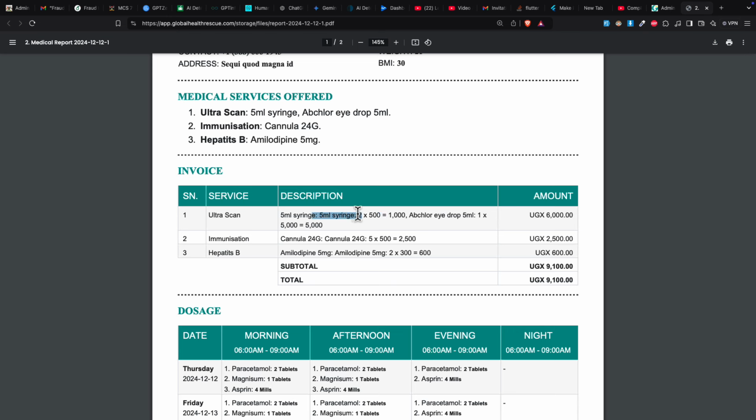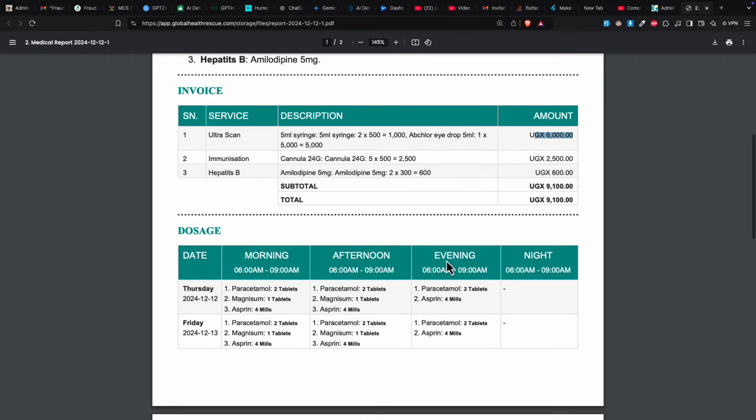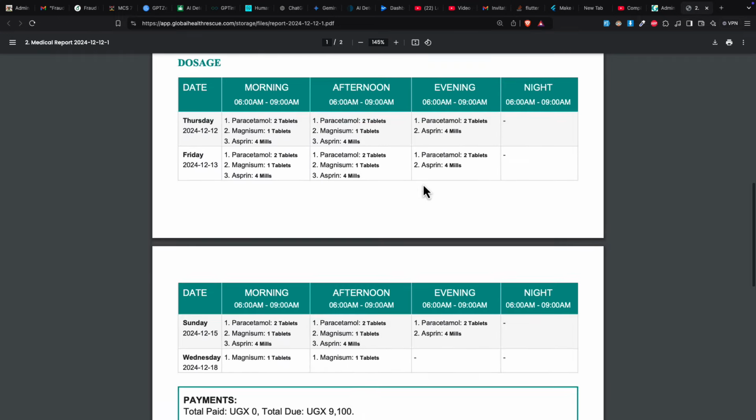So it will tell you that you took these two, one is 500, and you took one of these, each is 5,000. So you multiply all of them and add them, and then you put here the total amount on this particular service. So we break everything down, and you're able to preview everything. So when you print this